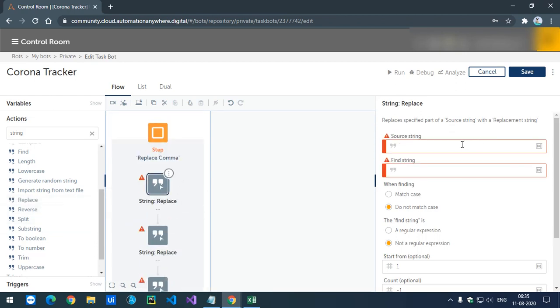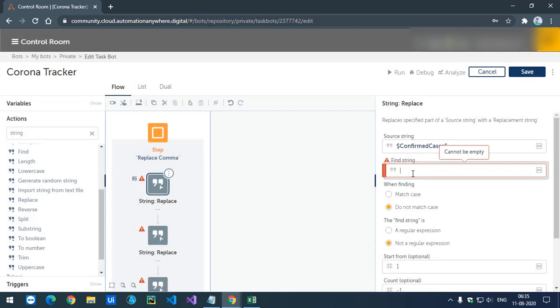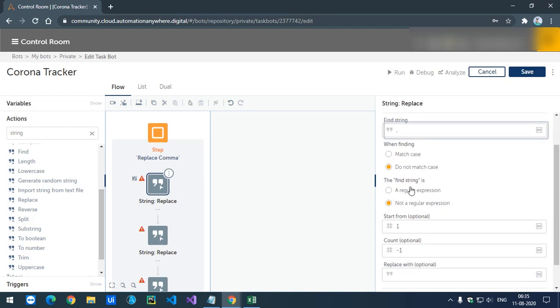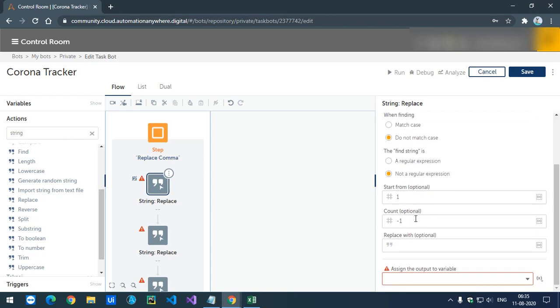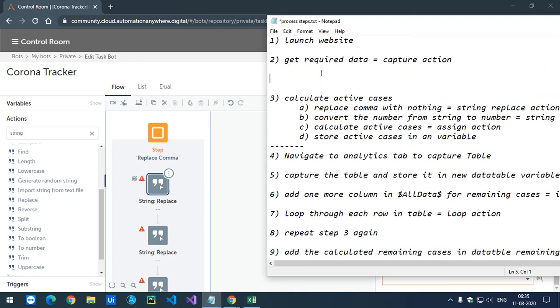Now for the source string, first I will replace confirm cases. What I want to find is the comma. Match case doesn't matter, so do not match case. I'll keep both of these at default. For replace with, I want to replace the comma in a number like this, 3, 4, 5, 6, 5, 6, so that it has no comma in it.